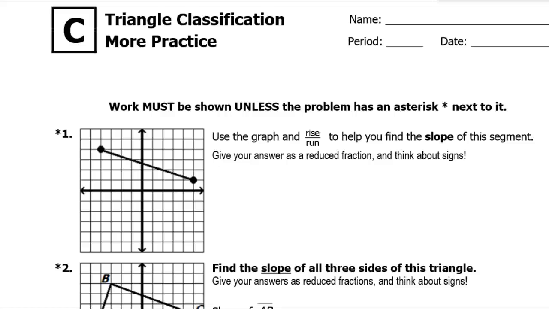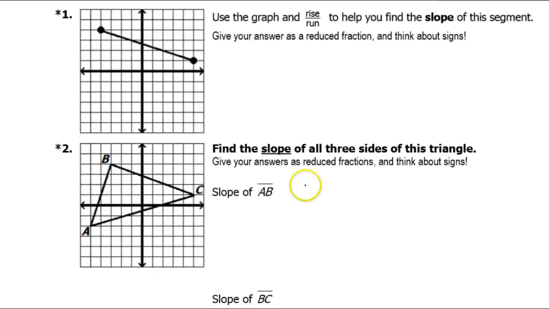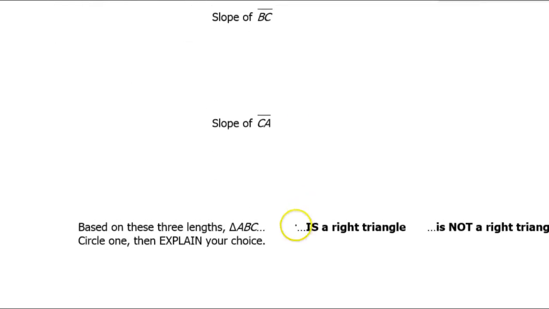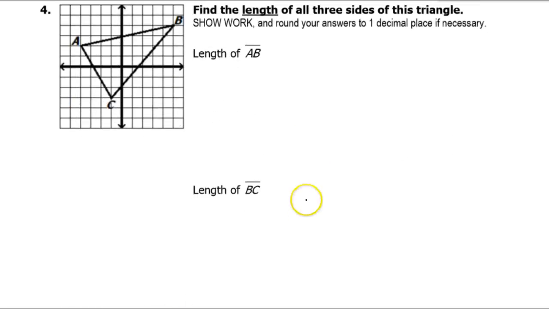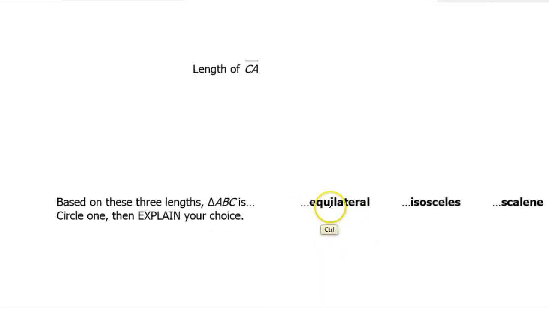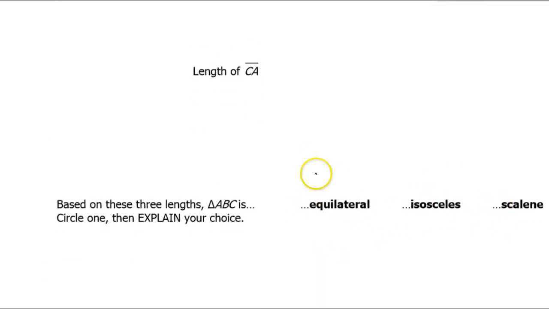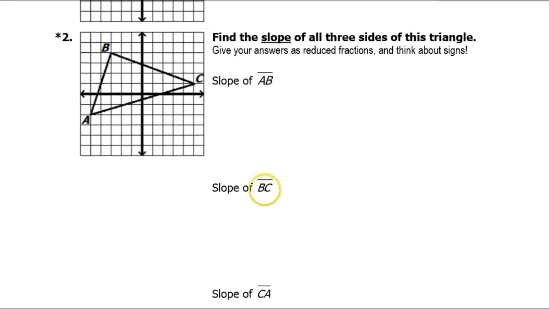In this video, I will show you how to classify a triangle that's graphed. We're going to classify it as a right triangle or not, and we will also classify it as either being equilateral, isosceles, or scalene. Let's start with this